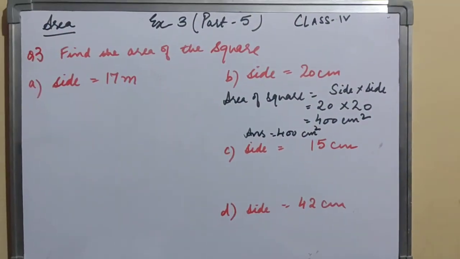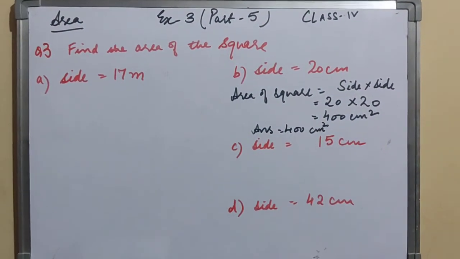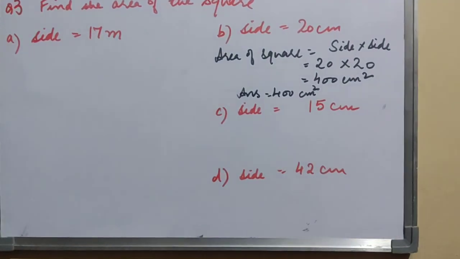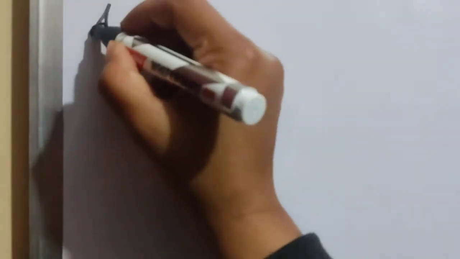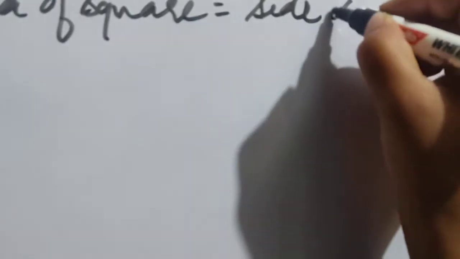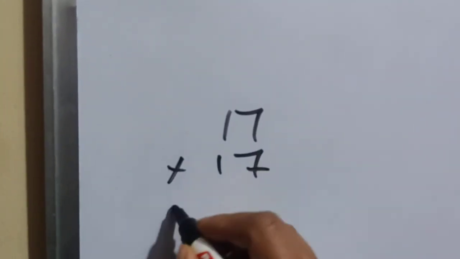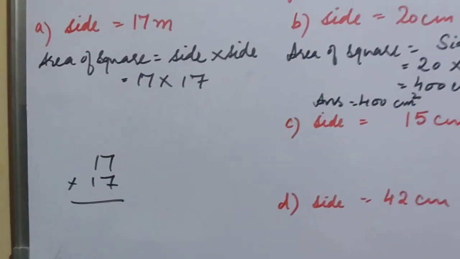So the rest 3, please do it yourself. It is very easy. Okay, the sides are there. Directly write down the area of square and the formula, which is a must. And I know you people want to solve it yourself because it is very easy. Multiply. If you don't know what 17 squared is, multiply here in the rough column. Okay, and find out the answer.